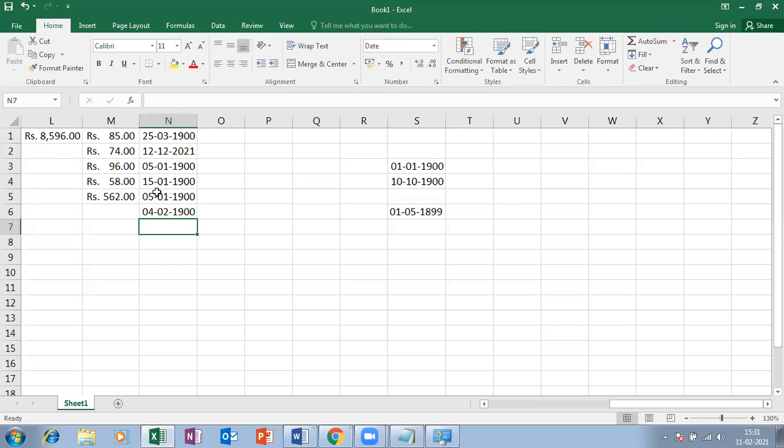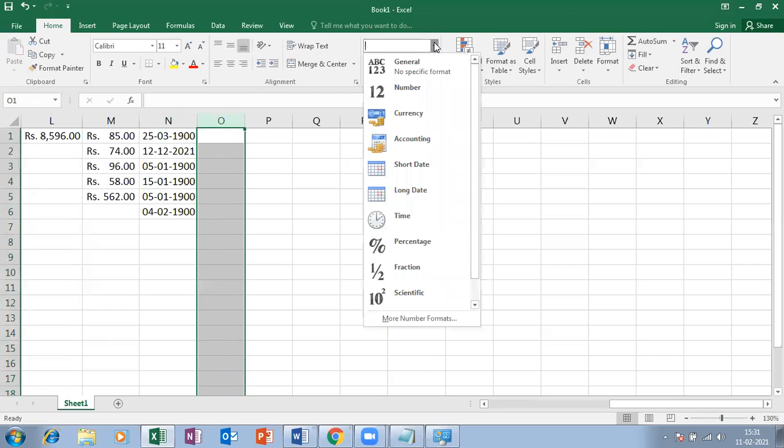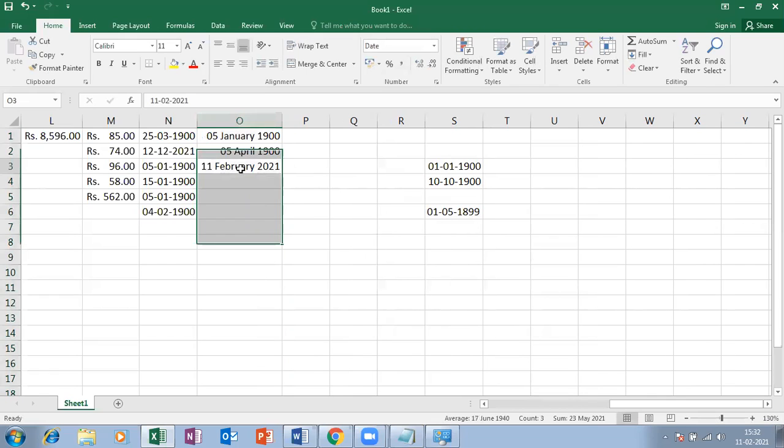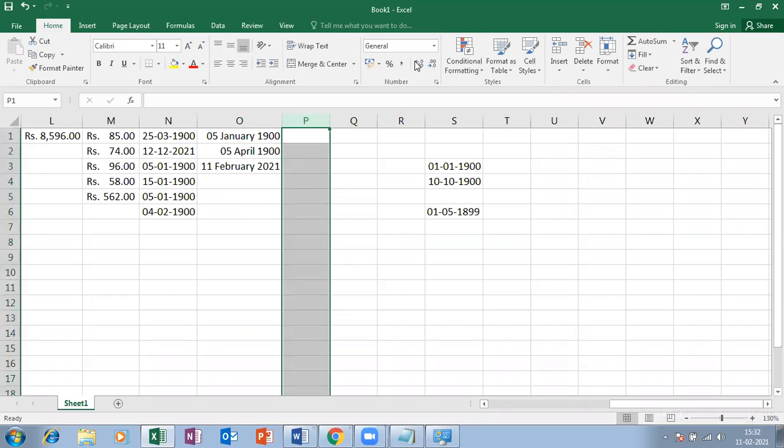It takes like this. And then let me select one more column. Again, click here, take long date. If I enter today's date, 11/02/2021, 11th February 2021. Is that clear? And then again, let me select one more column.